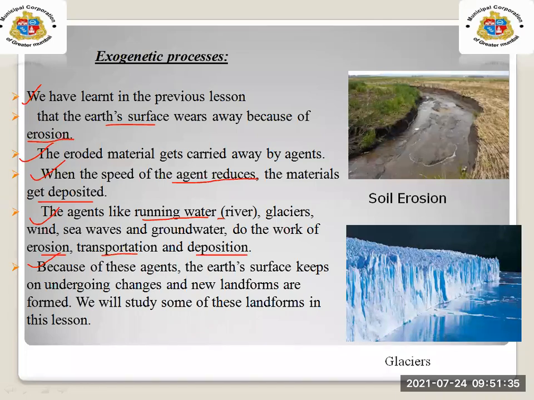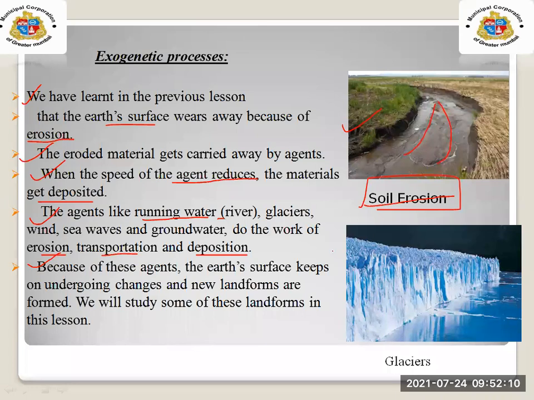Here, see the image, you can see the soil erosion. Yes, the water is running, flowing down, and it is deposited there only. As the wind or river goes on flowing, and the wind also travels from one direction to another direction, this is the deposition. There is soil erosion, we can say. This is the image and the example of soil erosion.